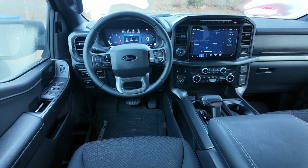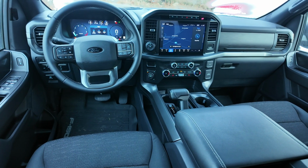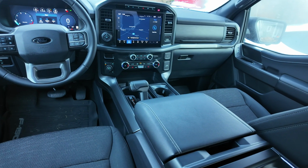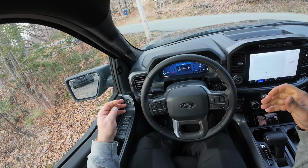Also, you have your music choices over here, so it's nice traditional buttons, which I definitely like. I can adjust the steering wheel manually. It's telescopic as well as up and down. I have my